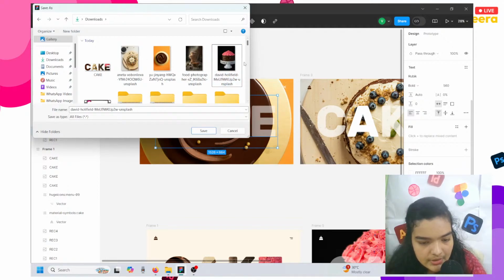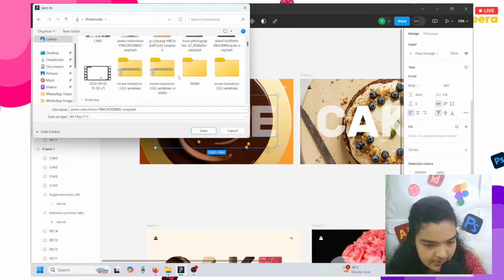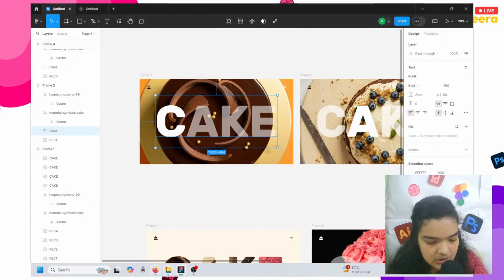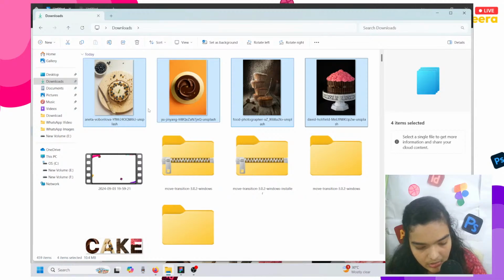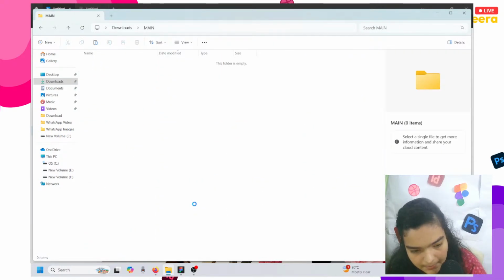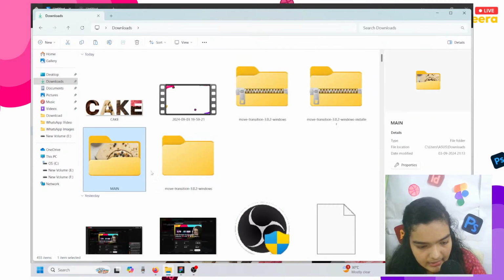And again, this works just as well if you don't have folders. Just take your image, Control X, go to the main tab, paste it. It's going to take a little bit of time, I believe. Is it moving? I don't think it is. We'll just go to the File Explorer, take all of these images, Control X, go to our main folder, place it inside. And we'll go back,